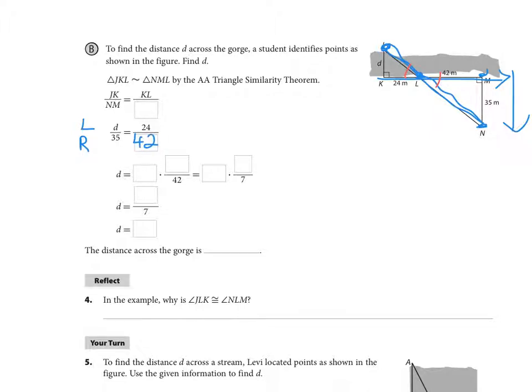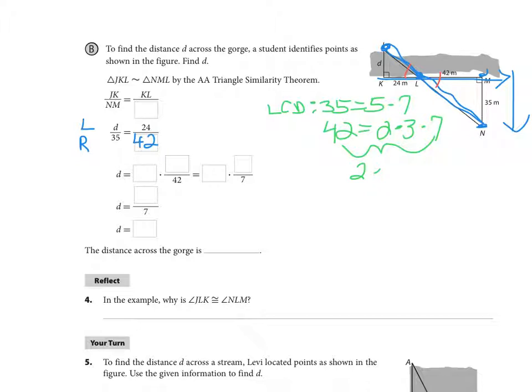If I look off to the side here with a quick LCD analysis, 35 factors to 5 times 7, and 42 is 6 times 7, or 6 is 2 times 3 itself, times 7. This is a great example of an LCD problem because we have to remember take all factors that are present, so 2, 3, 5, and 7, and we have to take them to the highest power that any of them are used individually. And it looks like all of these are to the first power,